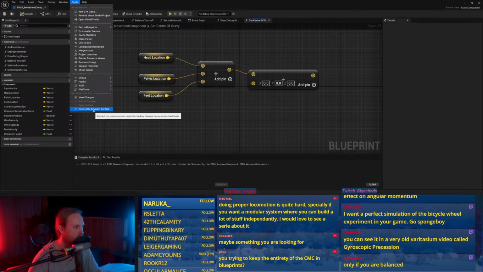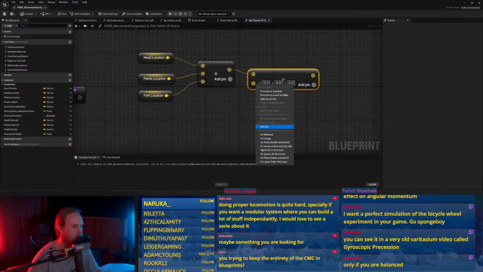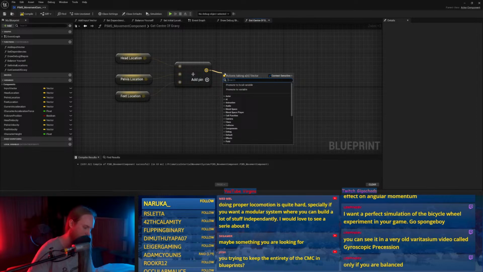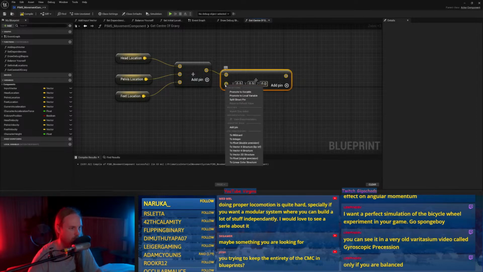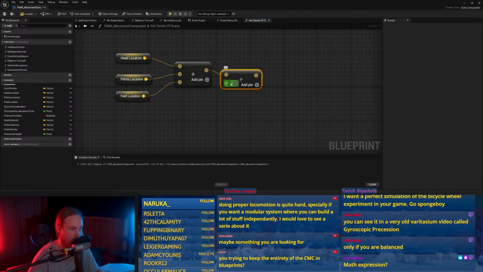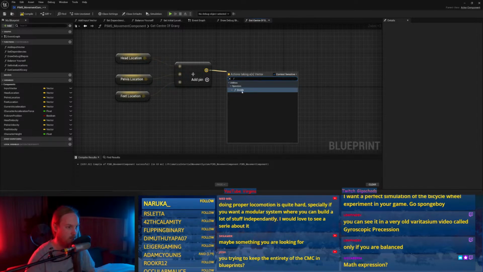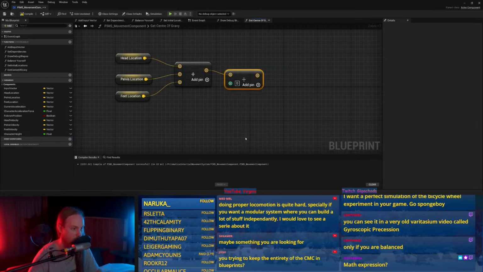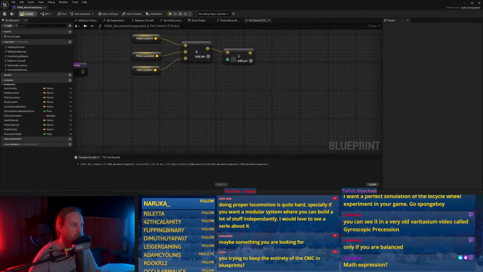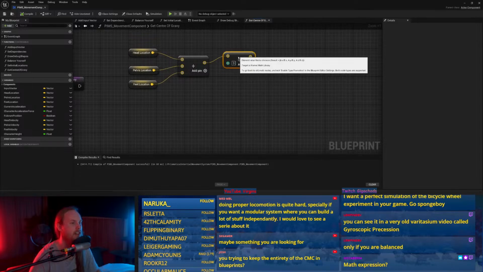Tools. Does anyone remember what the thing is to get the old math node style? I mean, I can just do this, or just divide by a single float, or an integer. Yeah, divide by an integer. That would be totally cheaper, right? Math expression?